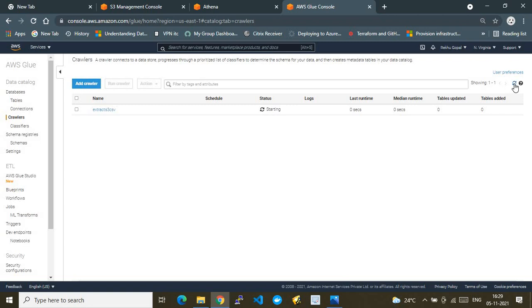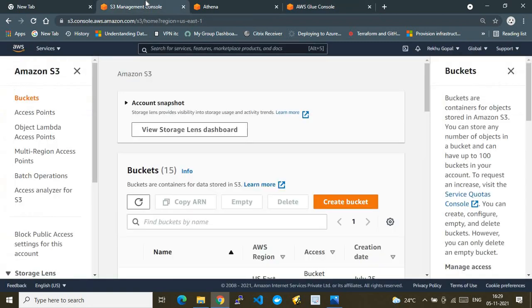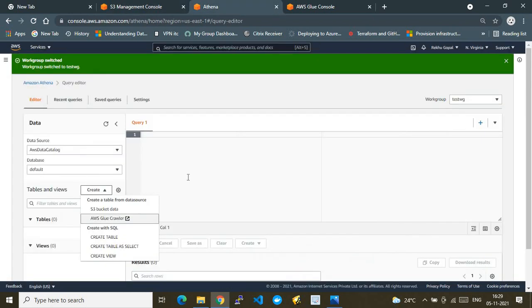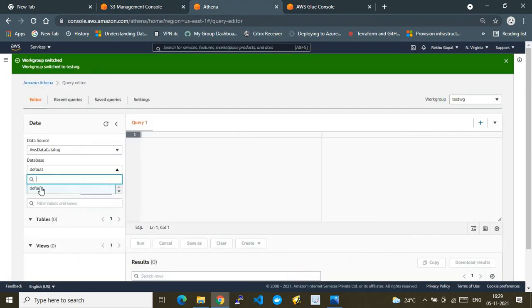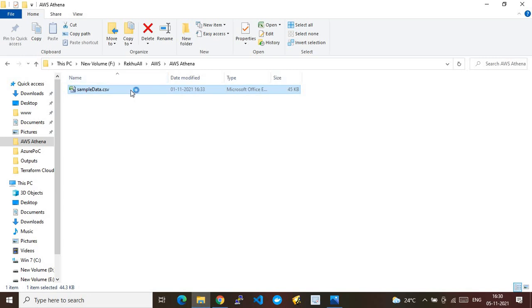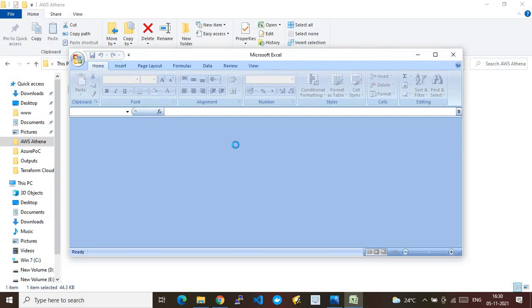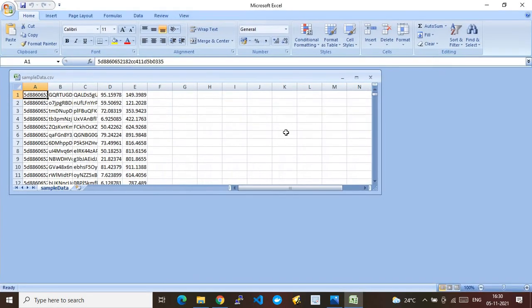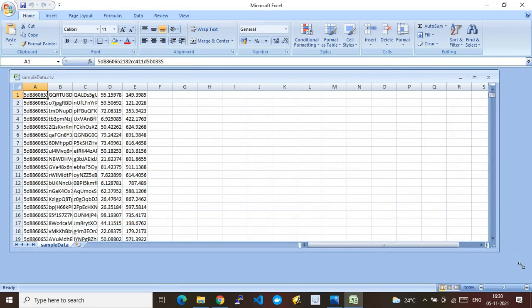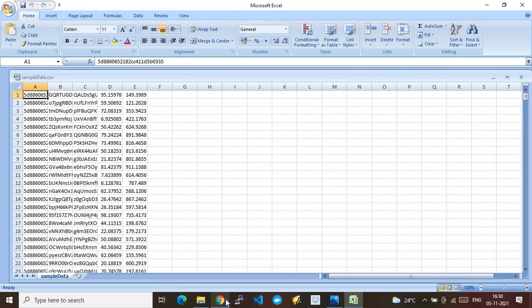It will take one or two minutes, and it will finally extract the data from this S3 bucket and put it here in the default database. We have chosen the default database, so that's fine. This will populate one more table here, and from there we can see the same data present in the S3 sample bucket is already pumped into the new table under the default database. So let's wait for the crawler to complete.